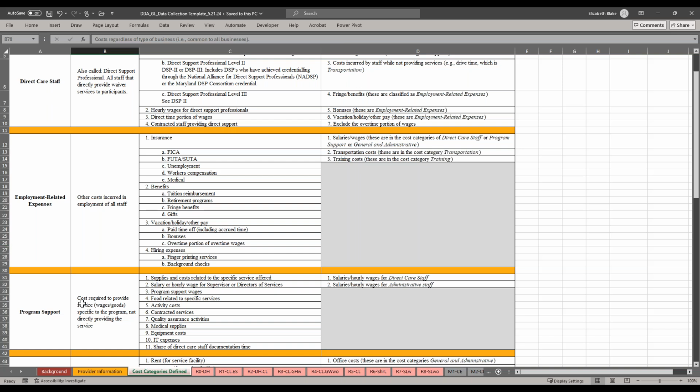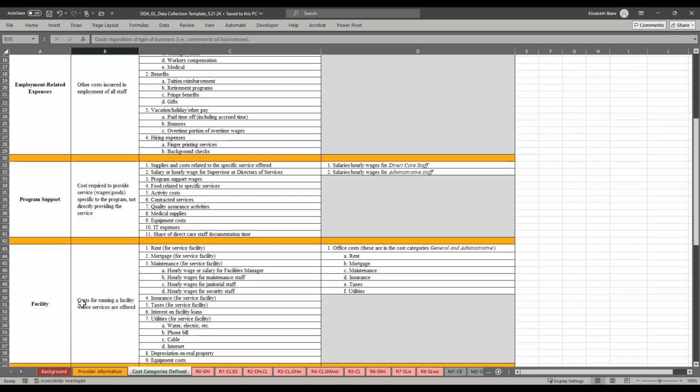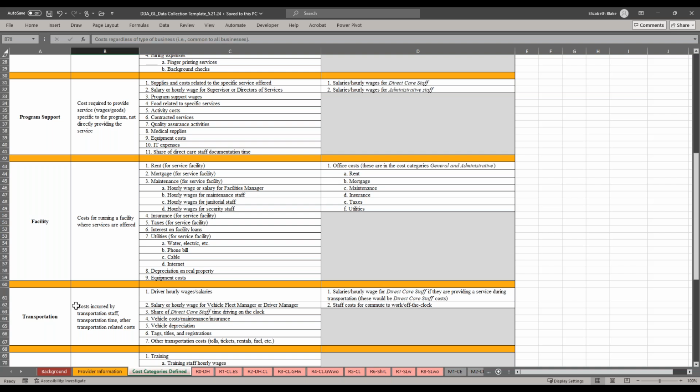And then we have program support. Program support is the cost required to provide the service, so the wages and goods specific to the program, not directly providing the service. And then we have facility, and this is the cost for running a facility where the services